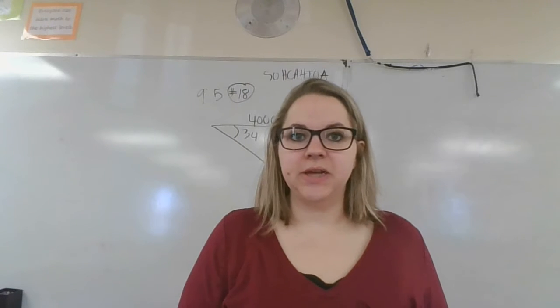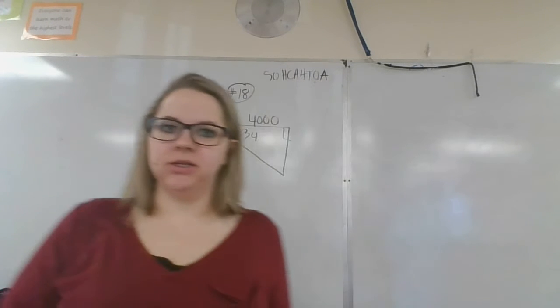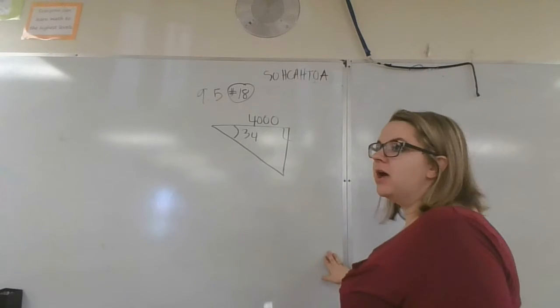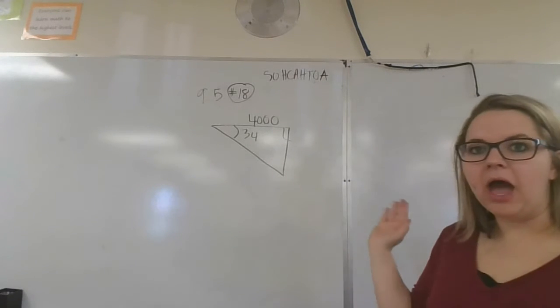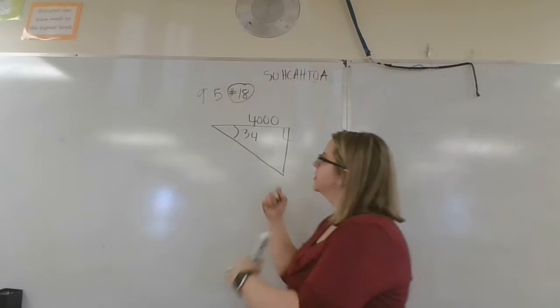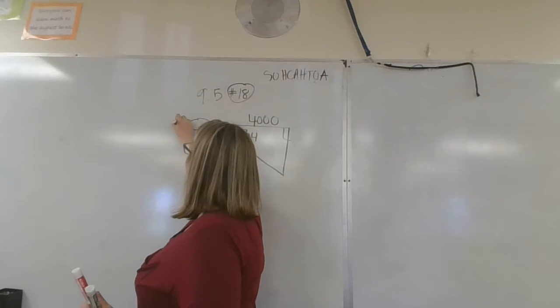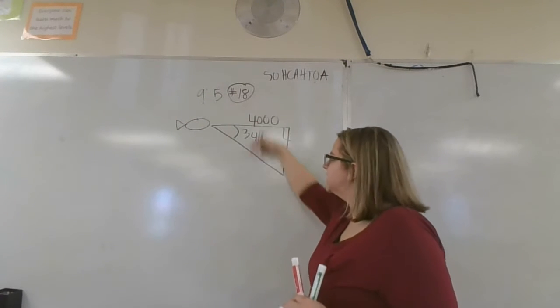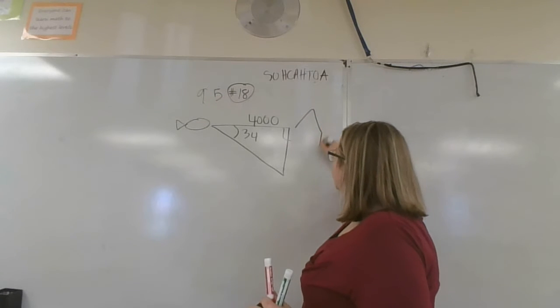Okay, so here is 9.5, number 18. It gave us a little story problem about a submarine and an iceberg. Here's my submarine. It's gonna look like a fish. We want to know how much this guy has to lower so that we don't hit